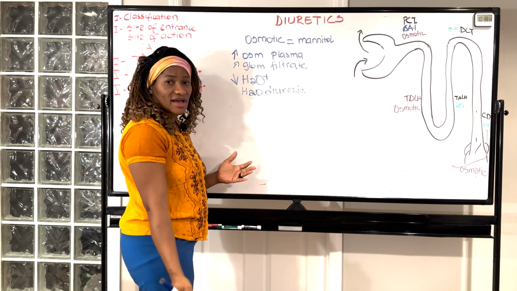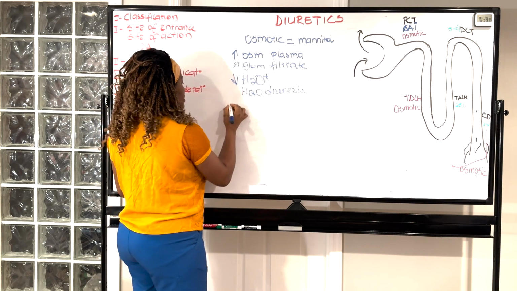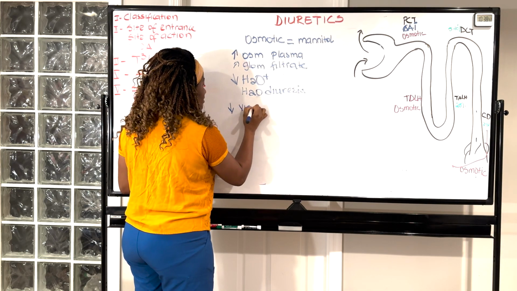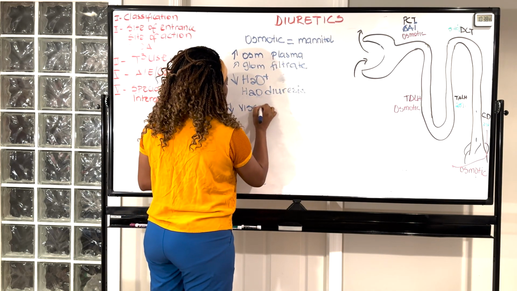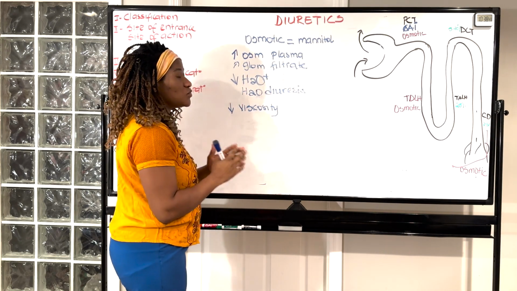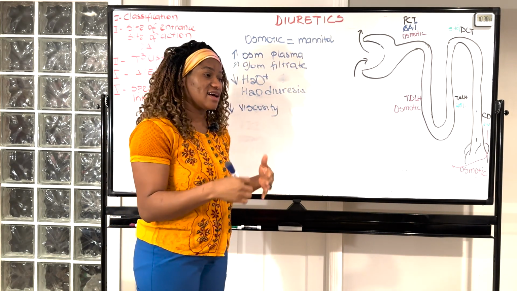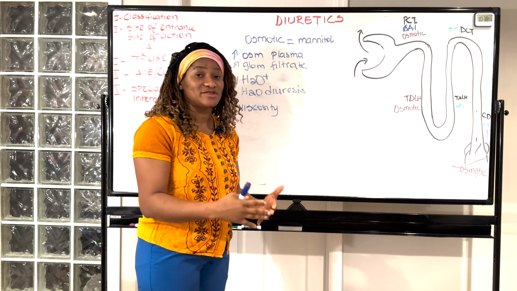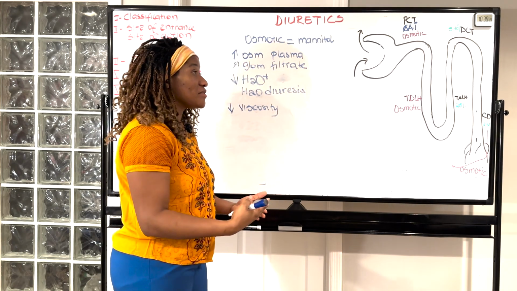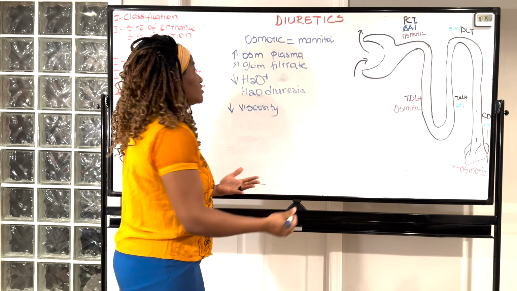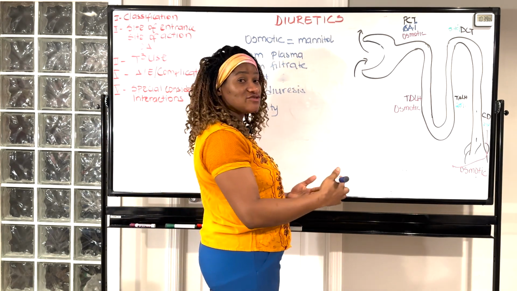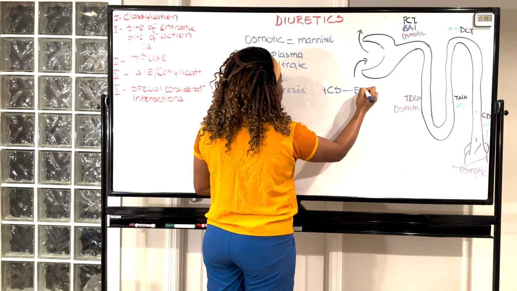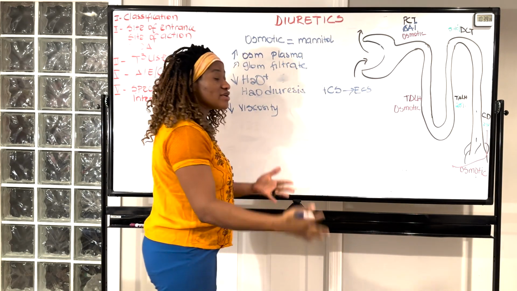And how is this going to happen? So mannitol is going to decrease the viscosity of the blood, because it's such a big molecule. It acts like albumin. So the fluids are going to move from the intracellular space to the extracellular space. Remember, mannitol acts like albumin. And we have more fluid inside our intracellular space. So when that fluid moves from the intracellular space to the extracellular space, we have a decrease in the blood